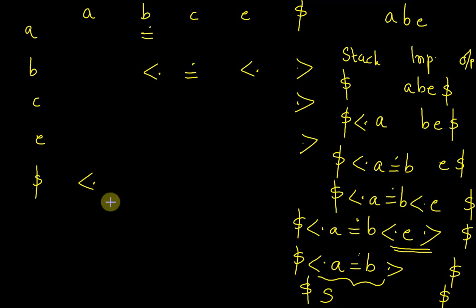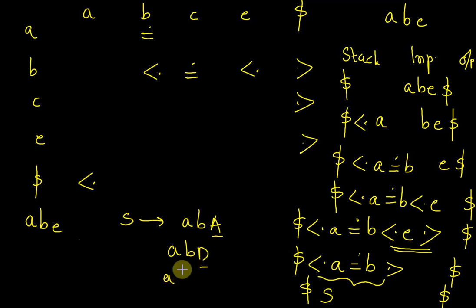Now to remember one point here, that is how do we know which part of the string is to be reduced? For that, given any string that is A, B, E, you derive this string by using rightmost derivation from that grammar. So I'll start from the first rule. S gives A, B, A. Then I substitute for this A as A, B, A gives D, and finally I replace this with A, B and E. Now what you have to do is take this string and go one step backwards. If you go one step backwards, which string is reduced to something? This E is reduced to D, right?